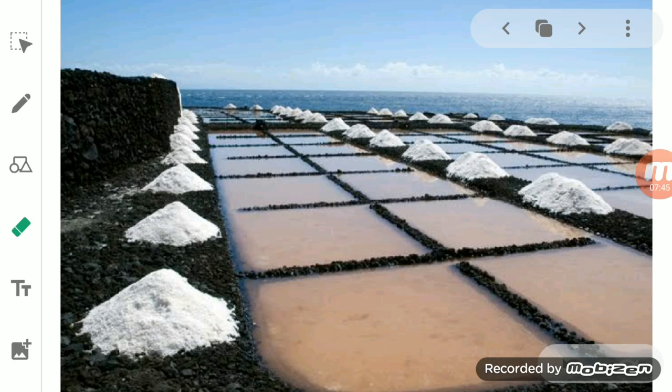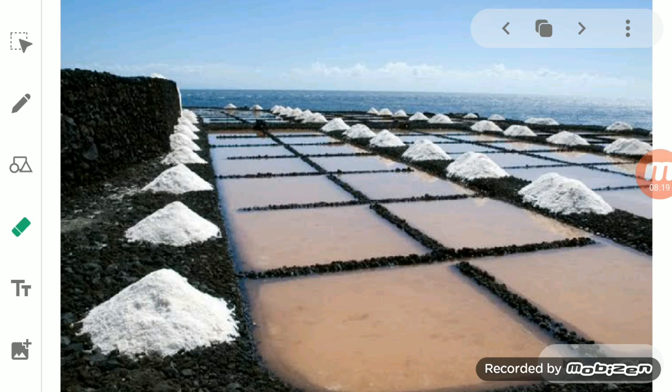Okay, so basically when we do the process of evaporation for separating common salt and water, we simply take the solution consisting of salt and give heat to it. Due to the heat, the water evaporates in the form of water vapor, while the salt cannot evaporate, so it remains in the china dish. So by this we can separate the water from the salt.